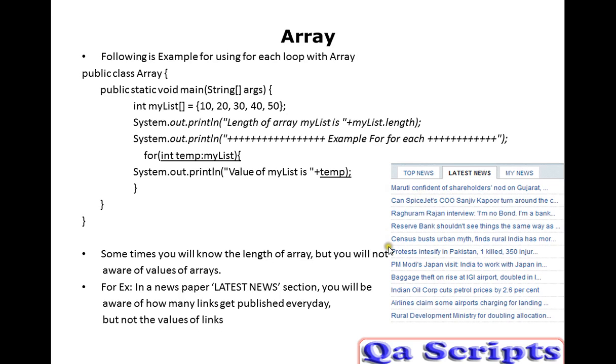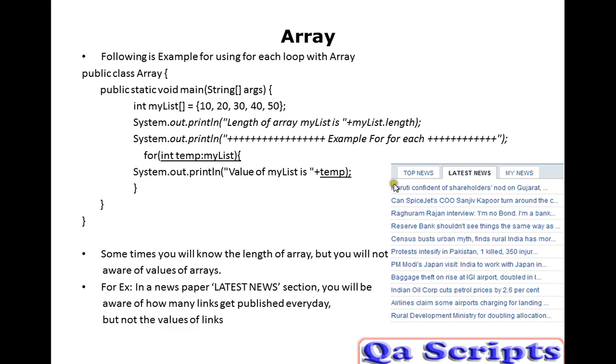So we know the length of links, or the number of links, is 10 or 20 or something, but we don't know the text of it, so we cannot directly put it into the curly bracket for that particular link text, because tomorrow it is going to change. In that case, we can use another way of declaring an array,